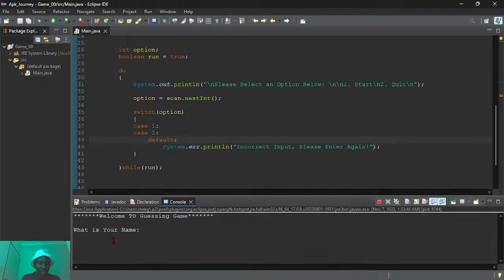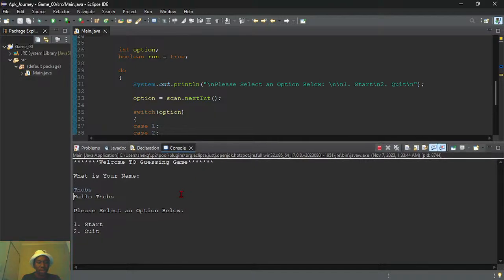Okay, what's your name? I'm just gonna say tops, and it's gonna say hello tops. Now if I input any other number other than 1 or 2, it's supposed to re-output this again, forcing me to input either 1 or 2.